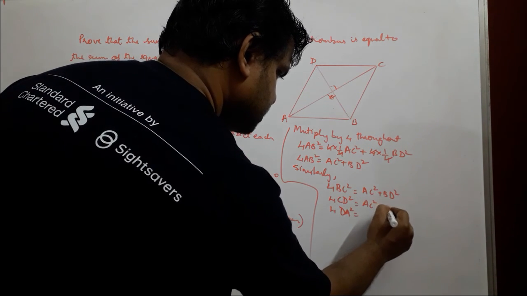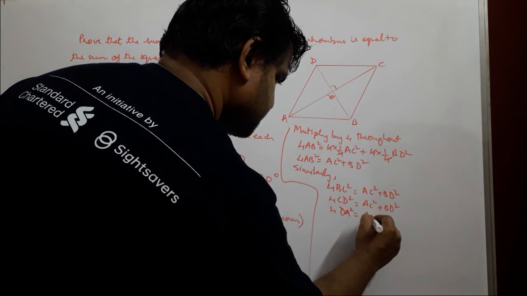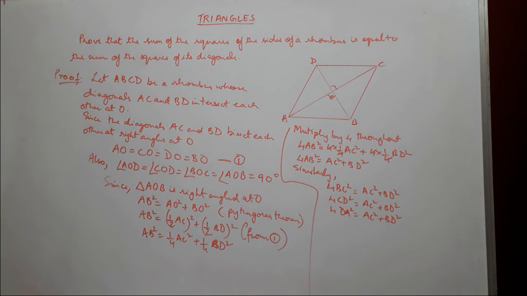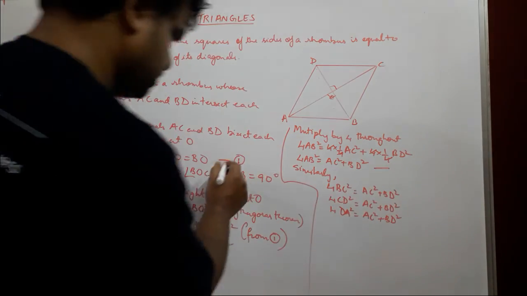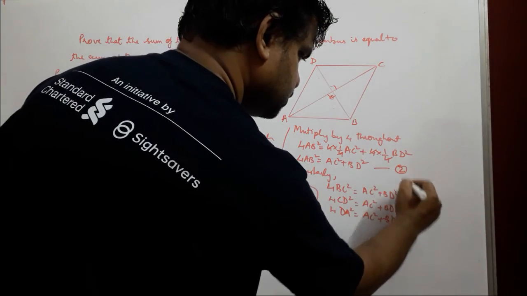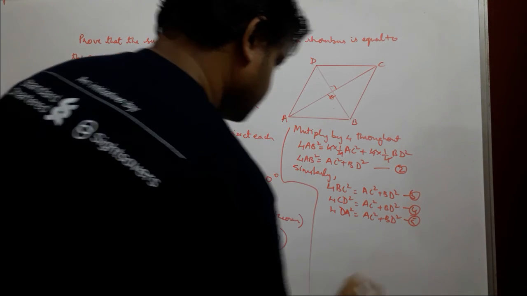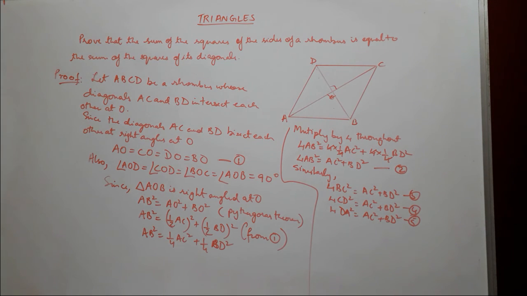Okay, solving the same way, because they are equal to each other. Okay, and we can mark this as, since we mark this as 1, mark this as 2, 3, 4, 5. Okay, now